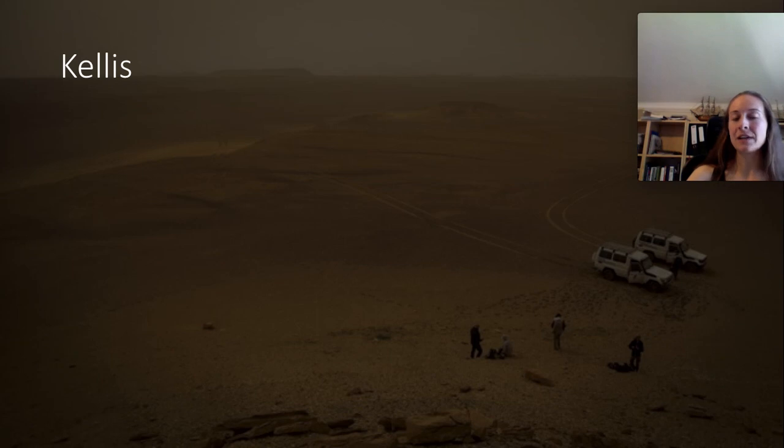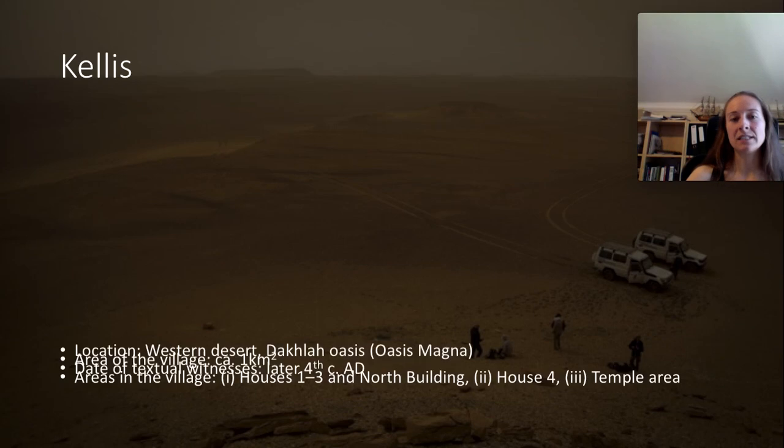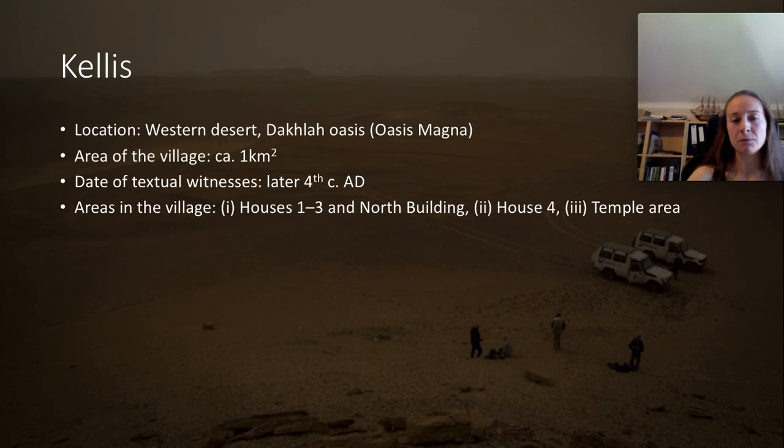The village of Kellis is located in the western Egyptian desert, in the Dakhla oasis to be more precise. It covers an area of about 1 square kilometre, and our textual witnesses date from the 4th century AD, so that will be the period of time we are going to focus on. The area of the village can be divided, based on the textual and archaeological witnesses we have, into 3 parts, into houses 1, 2, 3 in the so-called North Building, house 4, and then the